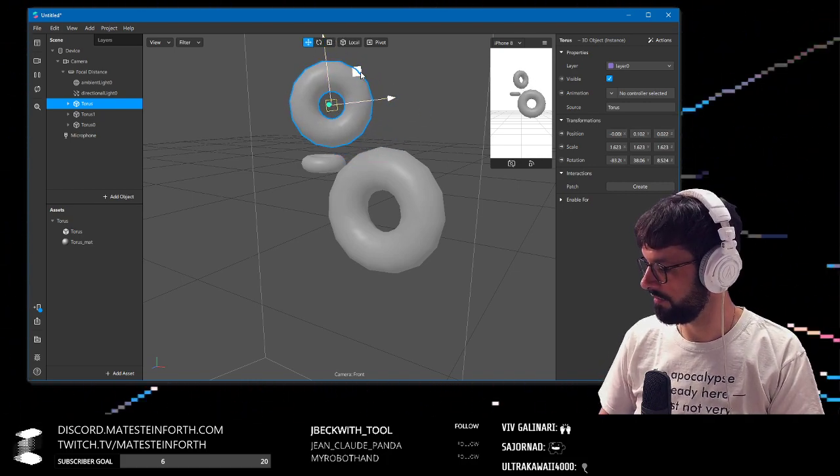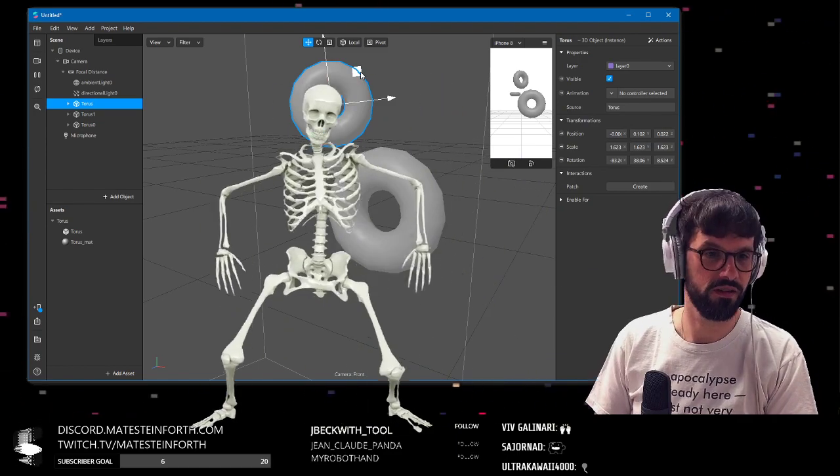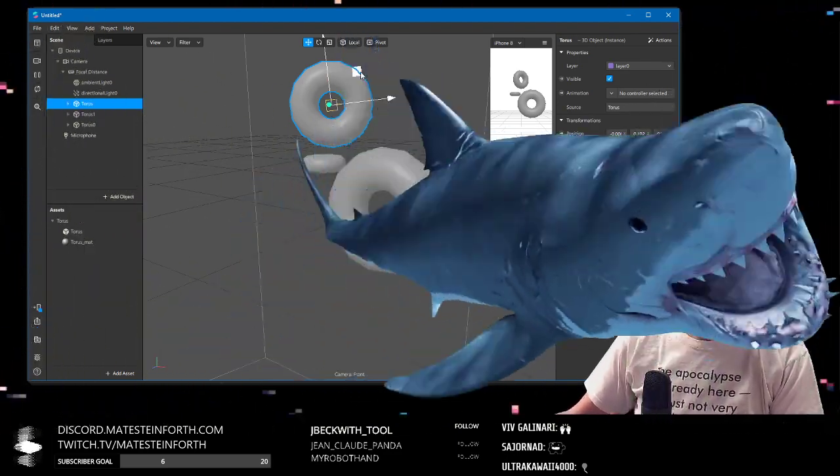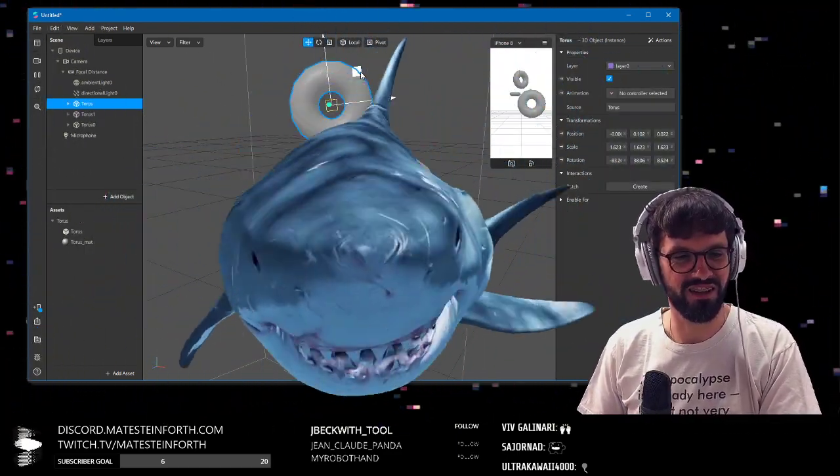Oh, actually, that calls for skeleton dance. Shark time. So